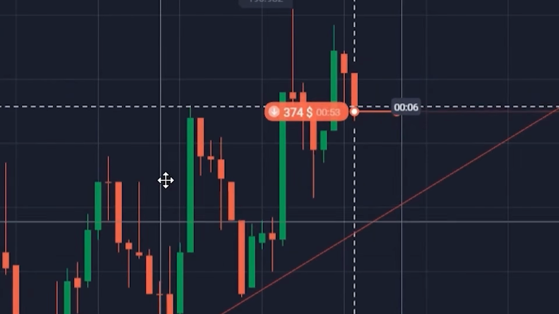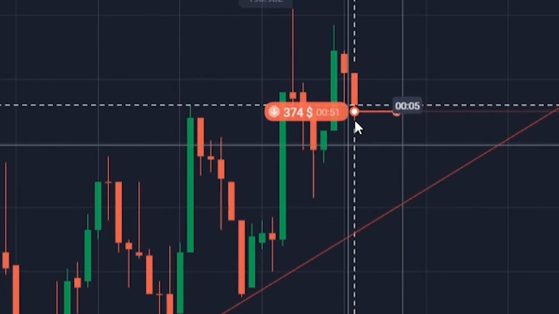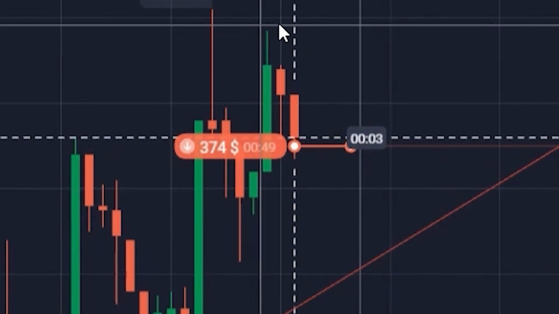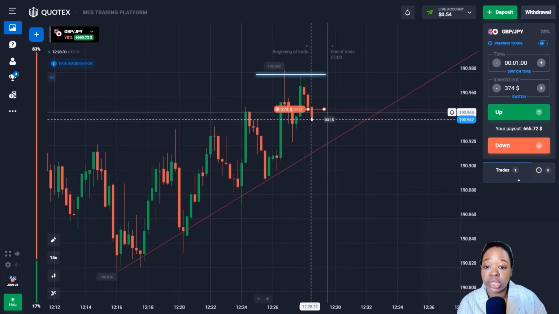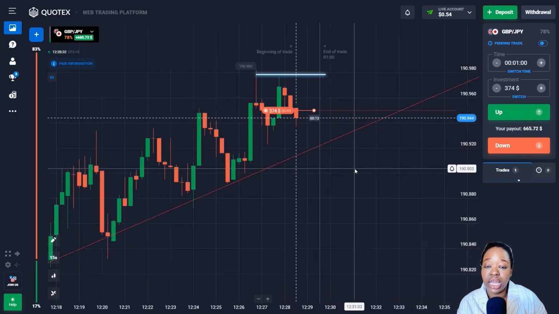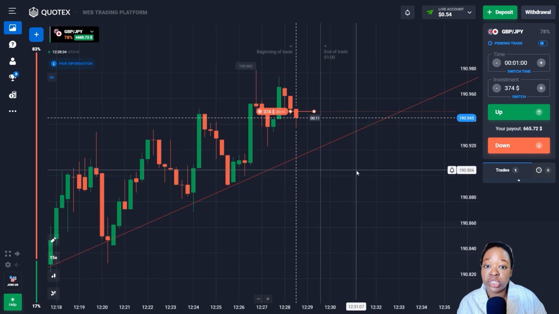And now you can see here that the price has made the resistance level and red candlesticks are already forming on the chart. This all tells me that the price has a potential for a decrease, and I'm using 1 minute here taking into account that the price moves against the main trend line. But let me wait for the end of this deal.